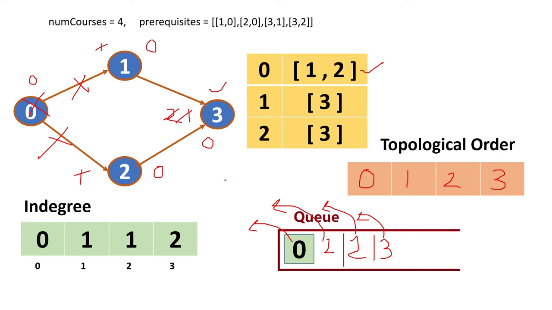And in case of a loop also, if this particular input forms a loop where they have a cyclic dependency, then we will not find any topological order, and that will also be handled. That time what will happen is, we will not get the topological order length same as the number of courses. So that time we have to decide that this particular prerequisite contains one cycle. So topological sorting is not possible.